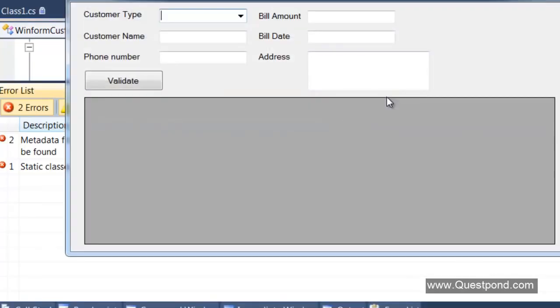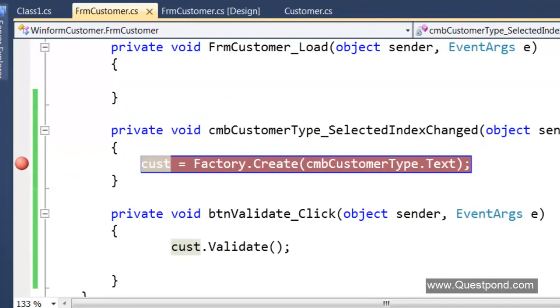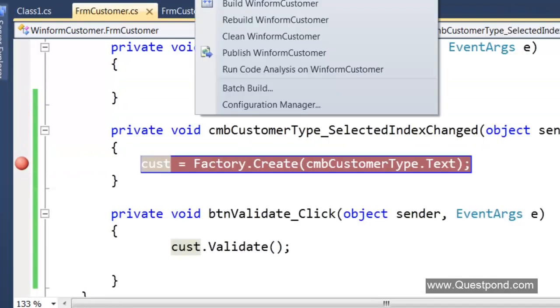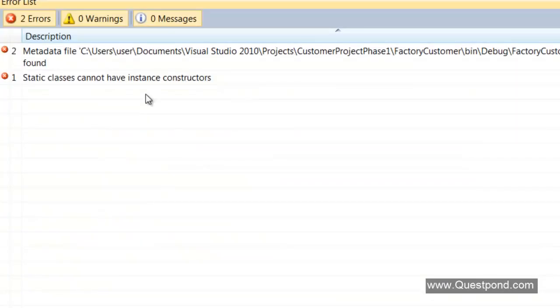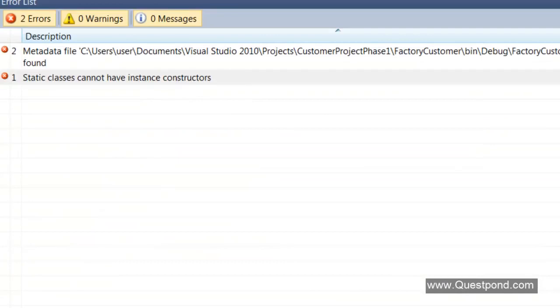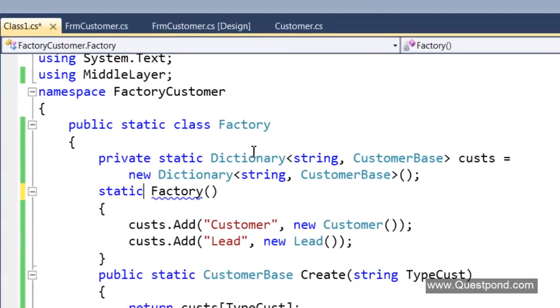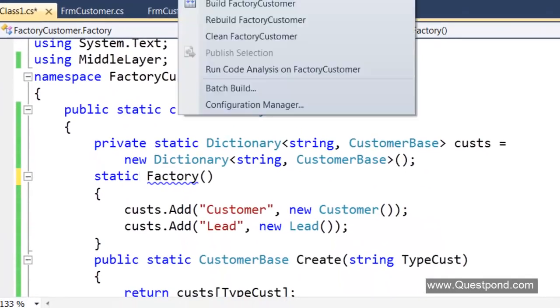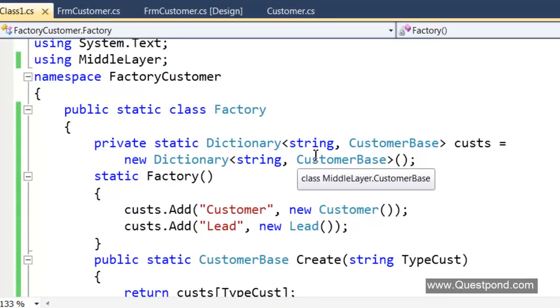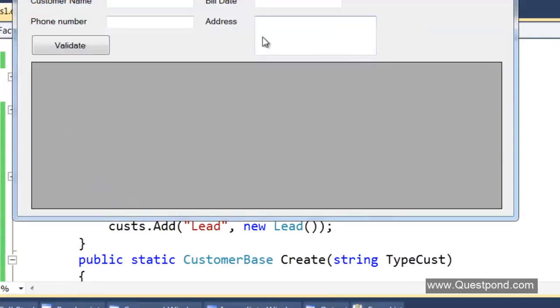it's the same kind of output. Oh, there are some errors. Let us see what errors are there. Let me go and first rebuild this solution. Let us see what errors we have. Static classes cannot have instance constructors, so that is right. So basically this has to be static, right? So let me do a rebuild now again, and let me do a fi.